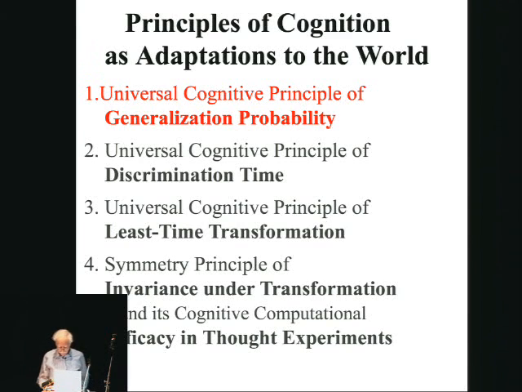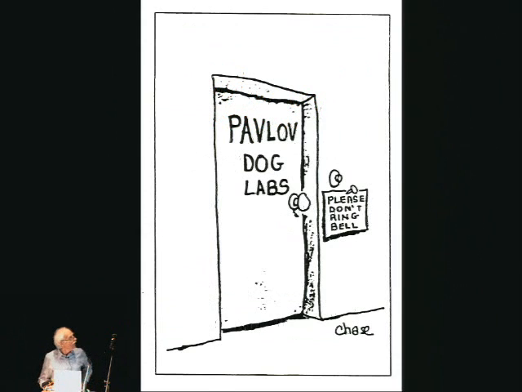Now, the study of generalization in psychology, my field, could be said to have begun with Pavlov, who found that if you rang a bell and fed the dog, then afterwards, if you rang the bell, the dog would salivate, and you could measure the amount of salivation. It's kind of sloppy data,